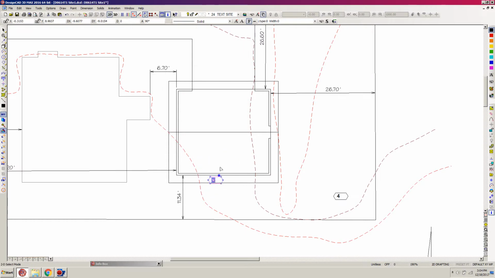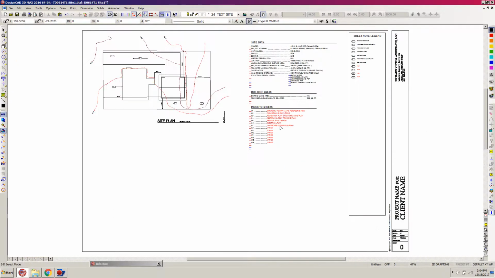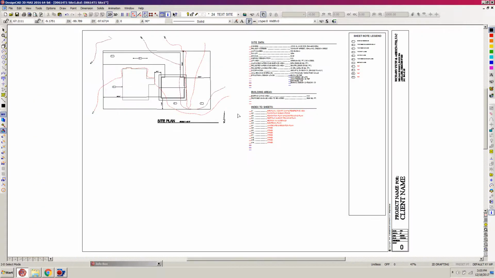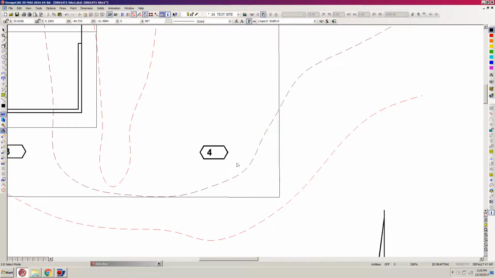and select that sheet note number and move it down just a little bit, down to this area here, and hit Control W, and just go back over to here to verify that 3 is the garage and 4 is the property lines. Okay, Control W. So now I'm going to zoom over to the property lines,